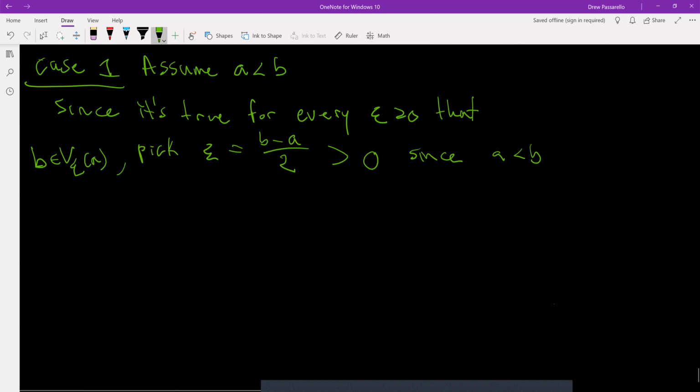Or B is greater than A. So B minus A is greater than 0, which dividing by 2, that's also greater than 0. All right, so I'm picking this value for epsilon, and I'll show that I'm going to arrive at a contradiction. Well, if B is in the epsilon neighborhood around A,